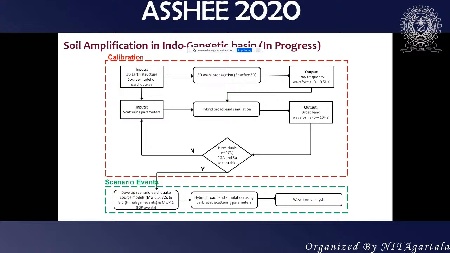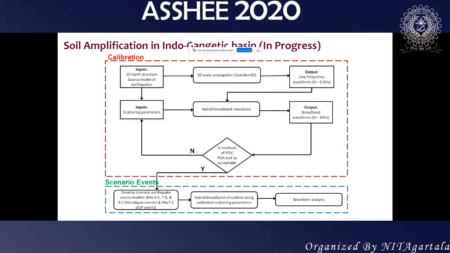This VS30 type of amplification doesn't work in the Ganga Basin, because the depth of the sediments itself is something around 6 kilometers, 7 kilometers. In some places, when it comes to shield regions, it may be on the lower side, but when it comes to the Himalayas, we have this huge problem. So if you want to attempt soil amplification, one has to include the basin effects as well as nonlinear soil amplification in our calculations.